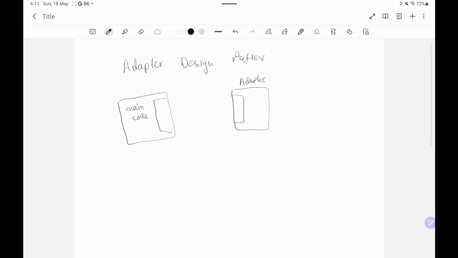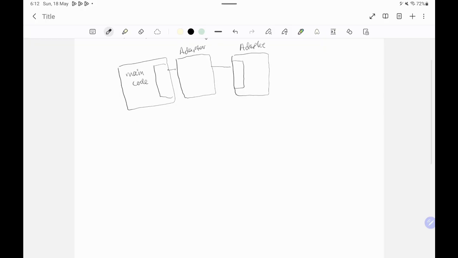Then what you have to do is make an adapter between them, and that's what an adapter is. What this adapter does is basically take in these commands and map them to something that the adaptee can understand. So in embedded systems, a common